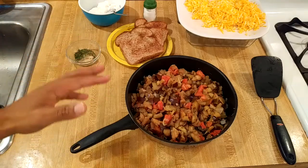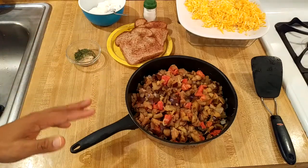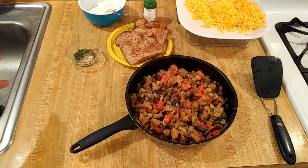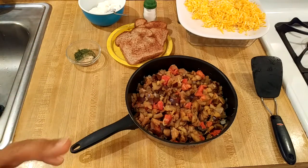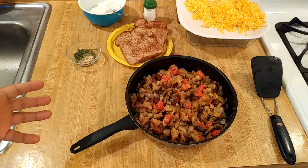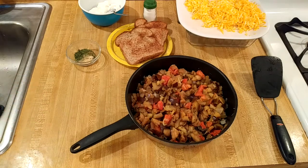This eggplant casserole with cheese recipe is going to be delicious. As you know, I recently made an eggplant pie and it was absolutely phenomenal. So I wanted to keep experimenting with eggplant. I know I've been doing a lot of casseroles recently, so I said, I wonder if I could make an